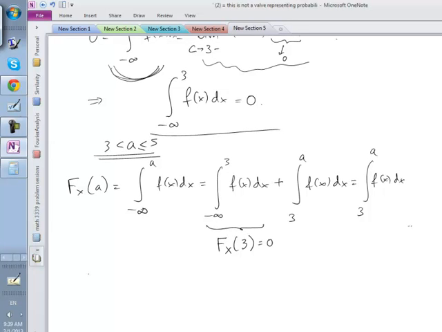We did it, I think, for 4. So this is nothing else from 3 to a of the density function, which takes the value 0.075 times x plus 0.2 dx. So this is, if we do the integration, a minus 3